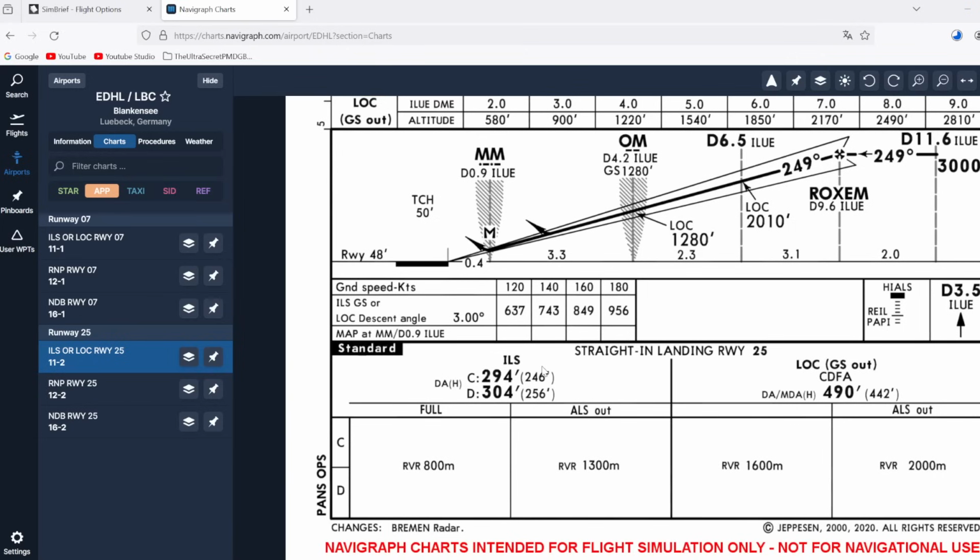246 feet above ground. So 246 feet means that Lubec is a Type B approach, but barely just. Remember, from 250 feet and higher, it would be a Type A approach. But due to the minimum being 246, it still is a Type B. We've got an RVR requirement of 800 meters, so if we now apply the same minimum, then we need to